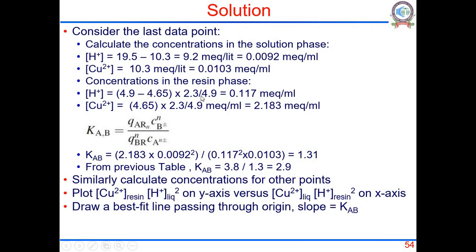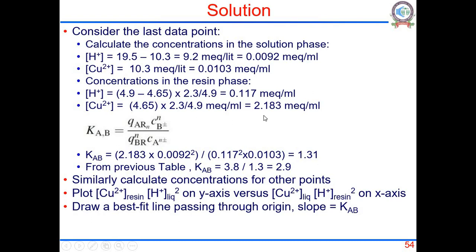And if you want to write in terms of per ml, we need to multiply this by this multiplying factor. Same way, copper ions in the resin phase would be 4.65, that is what has gone inside per gram on dry basis. You need to multiply this by 2.3 divided by 4.9 to make it into milliequivalent per ml. Now Kab we can calculate as